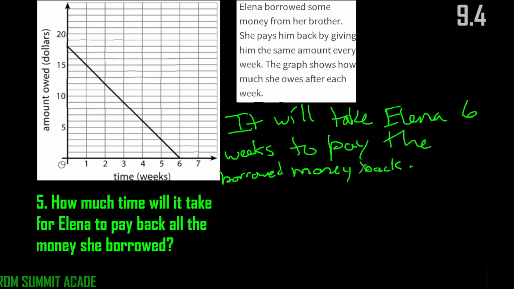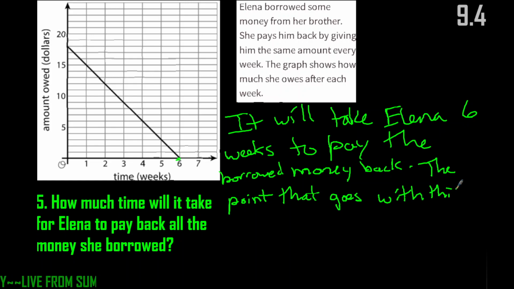And we can say the point that goes with this is that point (6, 0). Again, we're saying how many weeks have passed. It's 6. How much money is owed? $0. So that's why it goes with that point. So make sure, again, you take your time, ask questions as they come up. That way you know what you're doing. Make sure this gets in your binder. And then lastly,